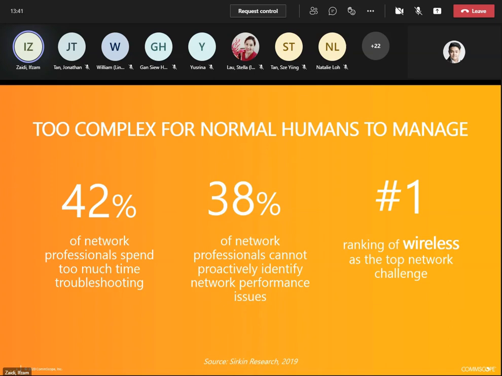For some reason, people are surprised by the 38% figure. We think that is too low. No one is surprised about Wi-Fi, no matter what the problem is. Actually, people always blame the Wi-Fi.